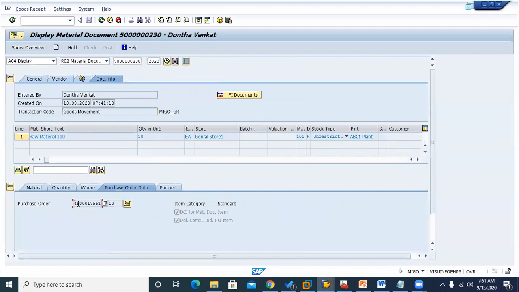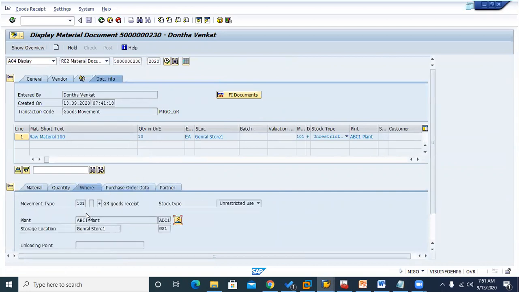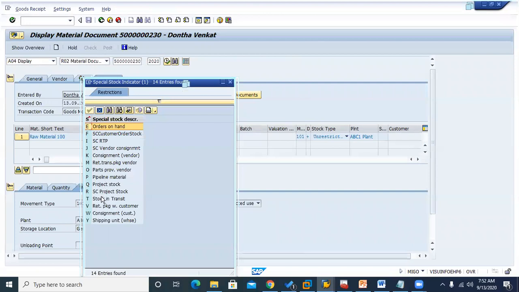So here you can see, if you go to the where tab, this 101 we are giving, either we are giving or this transaction with these two key combination, automatically it is fetching it. So after getting this 101, the remaining whatever I have shown you, that 4 checks is done by this 101. So what are the checks?